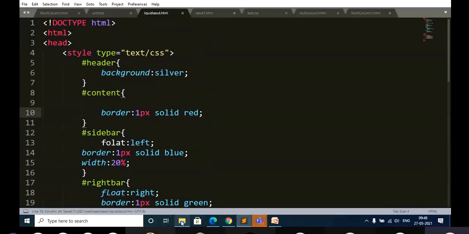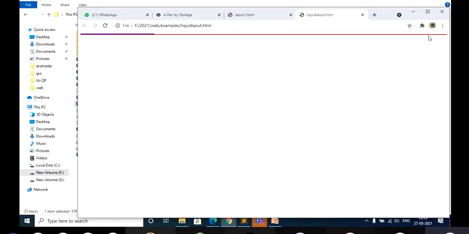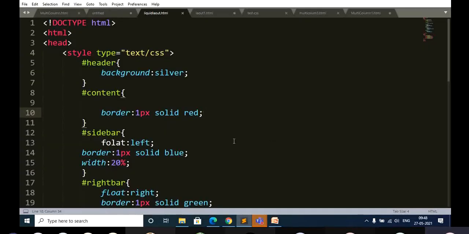Or else if you want, you can just change it. I think I have not got it properly. I need to do some changes.